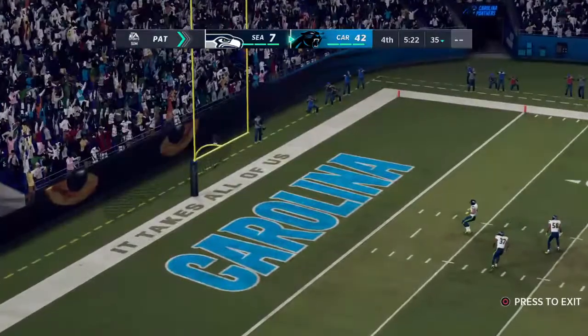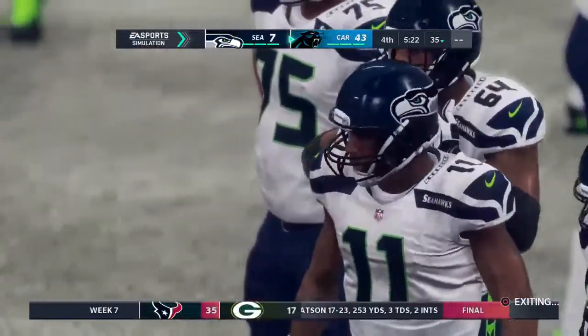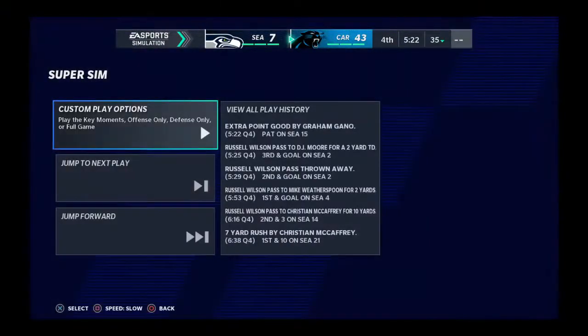Now this one was over a while ago as they just add on to their big lead. So that drive spanned 5 plays. And the end result...